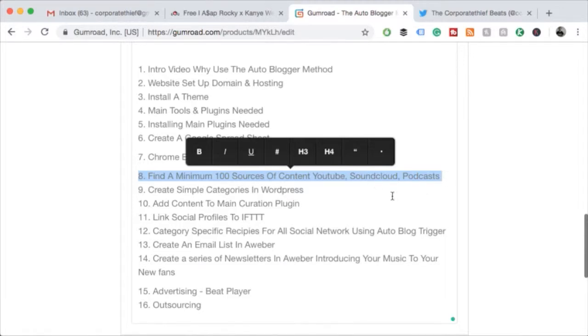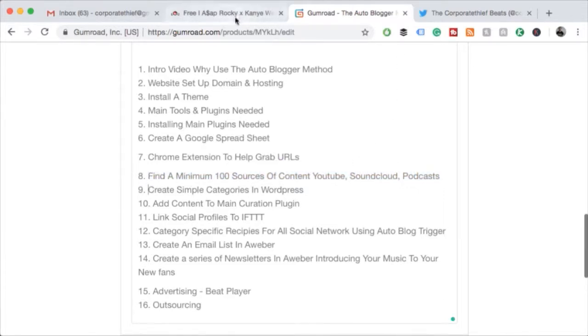SoundCloud, podcasts. You can use articles and stuff like that, but people are a lot more protective of their articles, so I just stayed clear of that. I've seen other sites using articles, some big, massive news sites, and they give attribution links back to the original source, but I just prefer not to use articles because bloggers will get angry if they find their content on my site. With a YouTube video, SoundCloud, and podcast, no one cares. Everyone wants to promote them. At the end of the day, you're promoting their YouTube video to a new audience that they mightn't have had in the first place. So that's why content creation works that way.